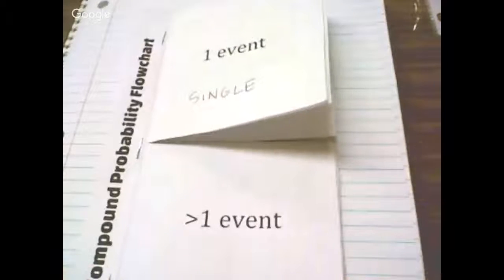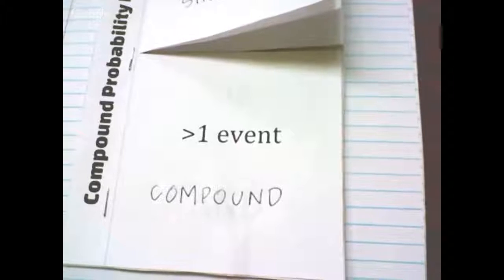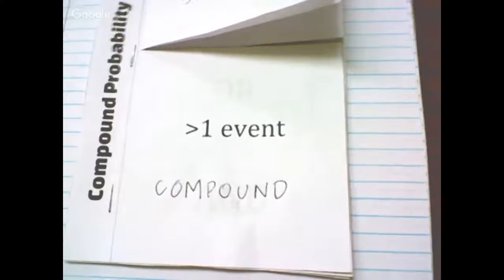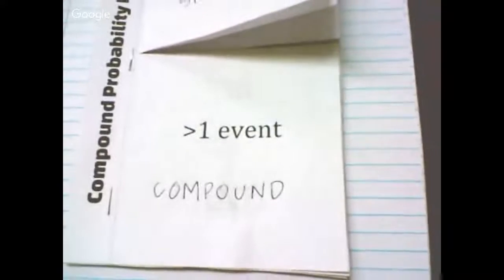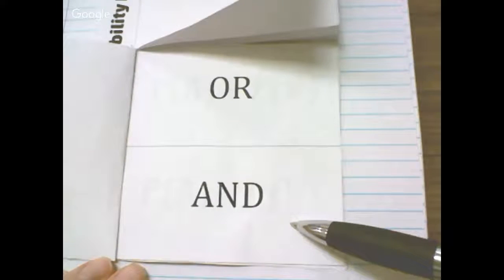Now, if I have more than one, this is where it becomes compound. This is a compound event, more than one. And I have two types. I have an or and then an and. What I want you to do with your scissors again, we're going to cut through